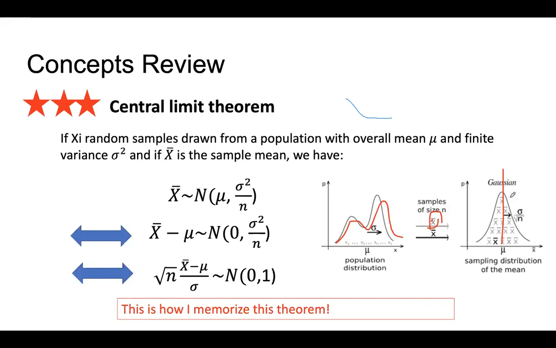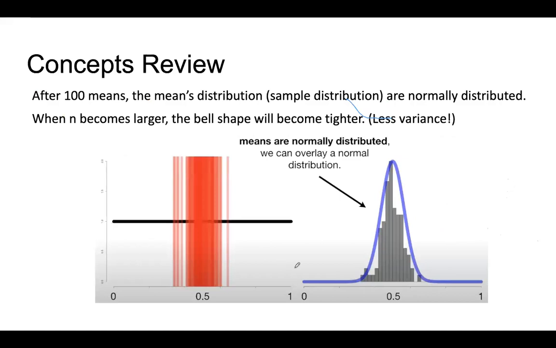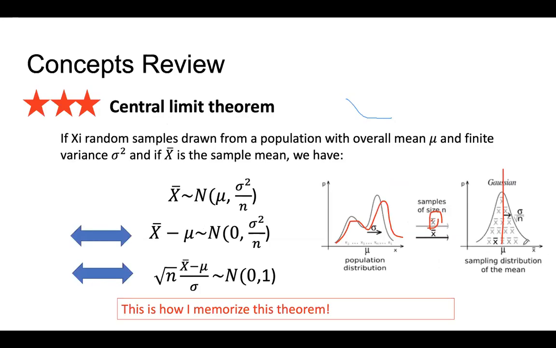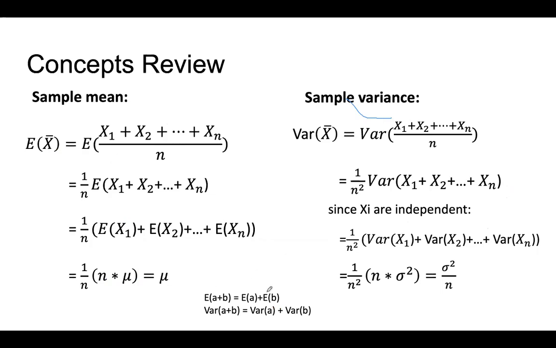Okay, so why does it look like a Gaussian? We proved here, right? Intuitively, it looks like a Gaussian. You can try it. And why its expectation is equal to mu, and why its variance is equal to sigma square divided by n. We proved that in these slides. And if you have any question, you can just refer to this formula to help you think why the variance of the sample mean is equal to sigma square, the true variance, divided by n.